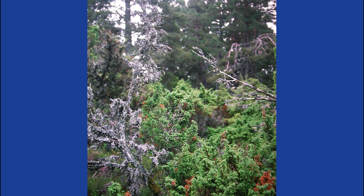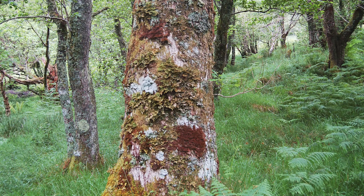The ground flora does not grow so actively as in other parts of Britain and is grazed by red deer, keeping the forest open and the light levels healthy. You can see here the lichens growing on dead juniper surrounding a juniper bush at a wood which is called Juniper Wood in Abernethy. Here is a fine example of a tree from these woodlands in the National Nature Reserve